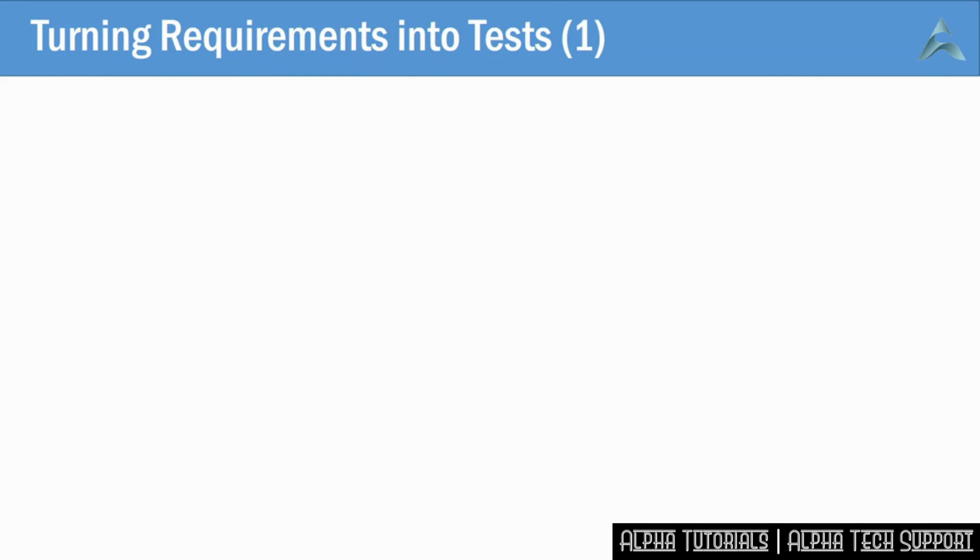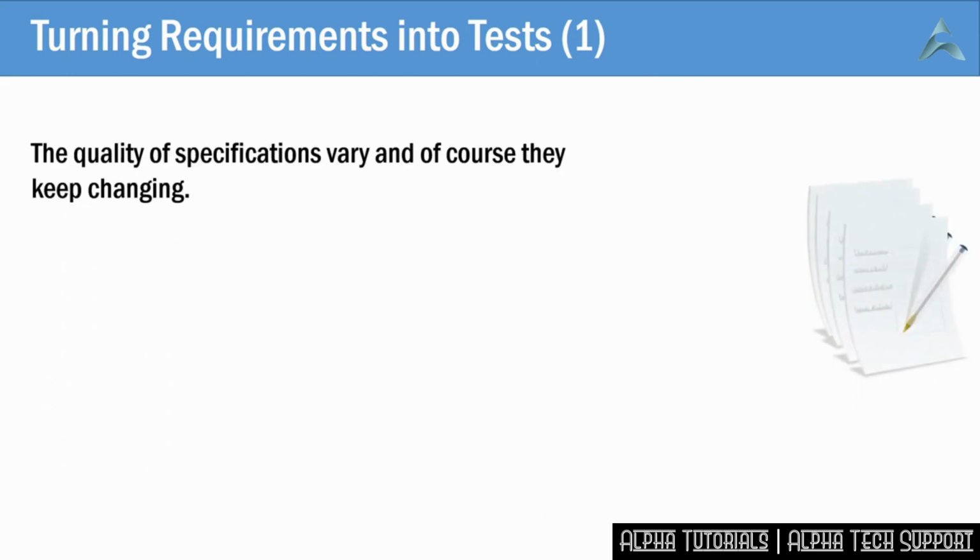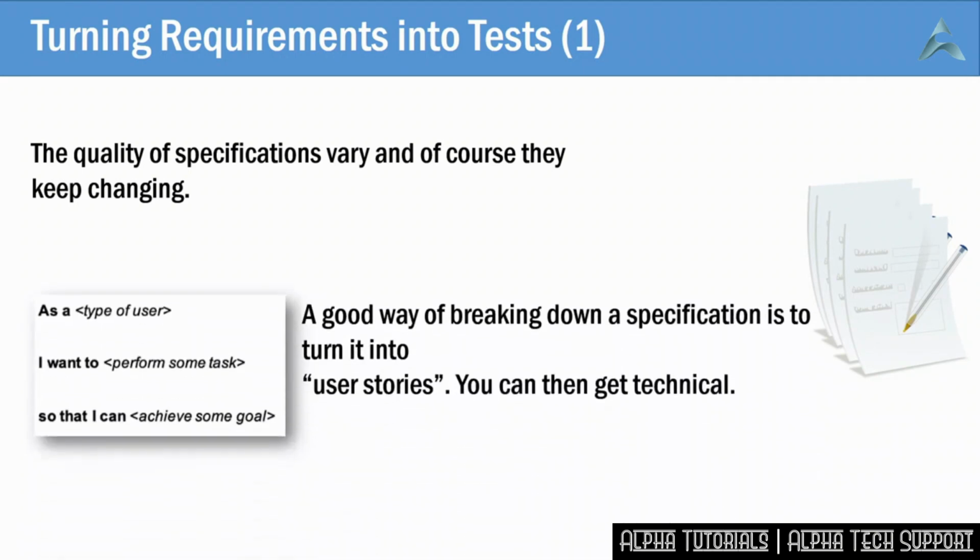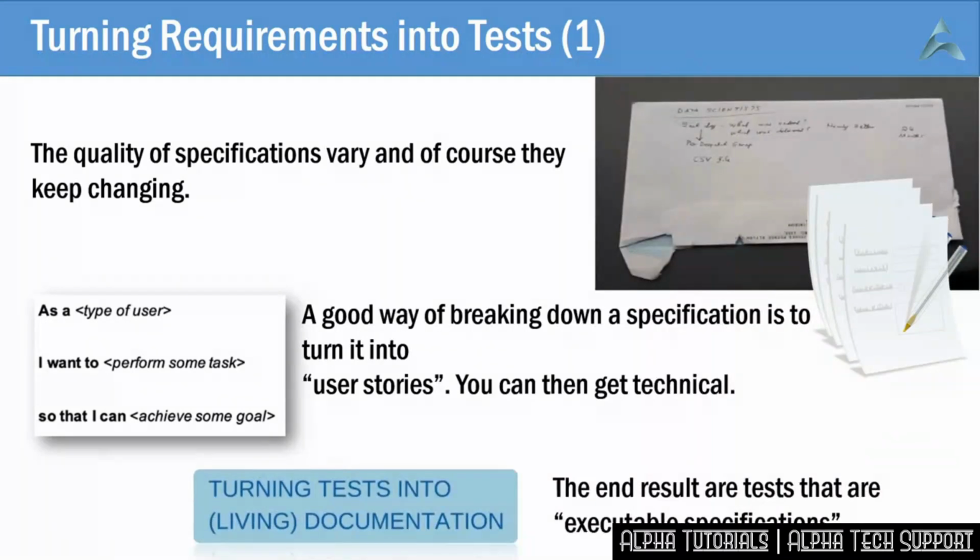Functional specifications can be overwhelming. The level of quality of specifications varies dramatically, and of course, naturally, the specifications keep changing. On the right-hand side, you'll see an actual specification that I got in real life, written on the back of an envelope. I wrote that myself, based on the contents of a video meeting when it became clear I was not going to get anything formal. Yet I had to write the program anyway, and in a hurry.